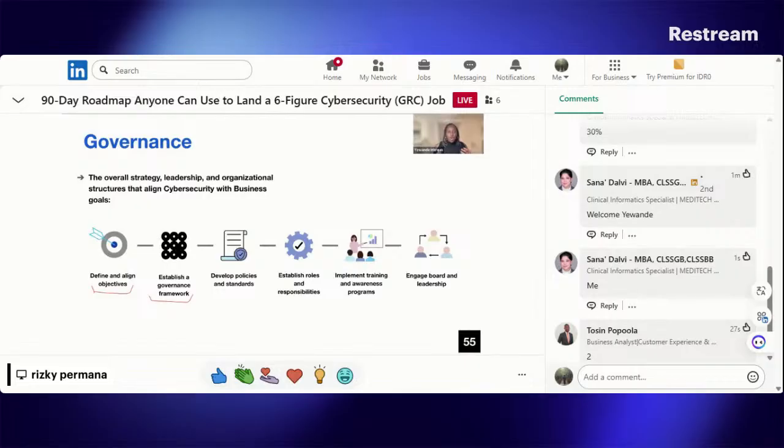So it requires an understanding of the frameworks that exist and knowing the ones that apply to the business operations. Then we select the one that fits the organization's needs, but again, have an understanding of what those frameworks are. And we develop policies and standards that determine how we operate as an organization: policies for data protection, policies for access control, incident response.